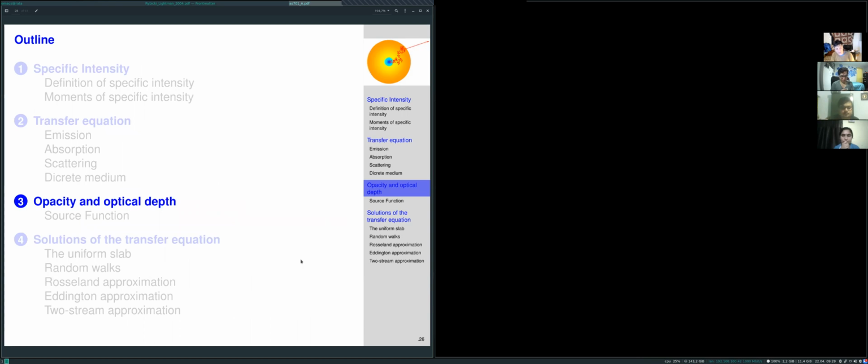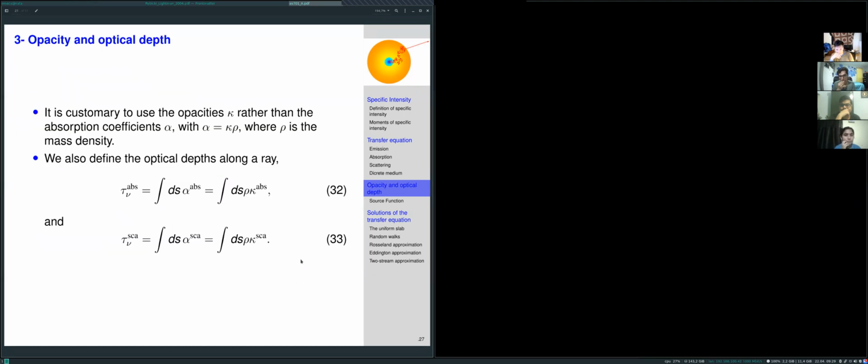Now in the way I'm presenting this, we've seen the radiative transfer equation, and we've related it to those coefficients, right? The emission and the absorption coefficients, in both the continuum and discrete cases. Now is the time to introduce useful quantities, which are, for instance, the opacity, which is the same as the absorption coefficient, except that